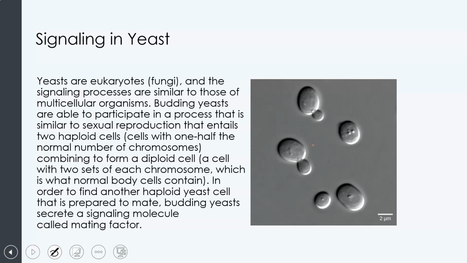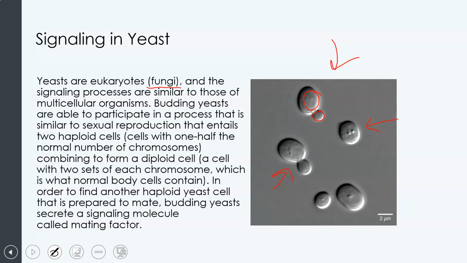Okay, these are yeast cells under a microscope, and this would be a single yeast cell, and this would be a yeast cell that is producing another yeast cell by budding, and same thing here. Yeast are eukaryotes. That means that their cells have a nucleus, but they are single-celled fungi. We use yeast to make bread and beer, and the signaling processes are similar to those